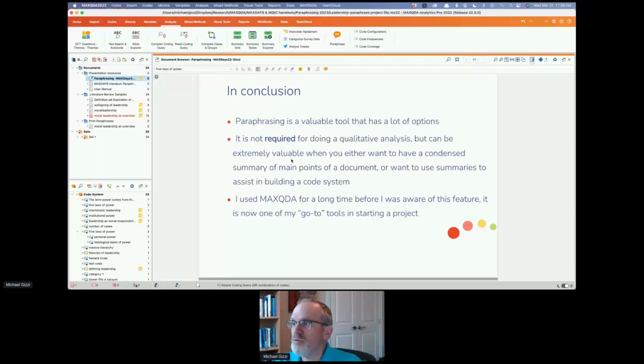So this looks more powerful than adding comments or memos as a text to a text selection. I would argue that if you're coding data, code comments are absolutely essential, because the code comments are going to follow your data. If you're going to be summarizing data, if you're going to be using almost any of the tools in MAXQDA, when you are coding data and you add a code comment,